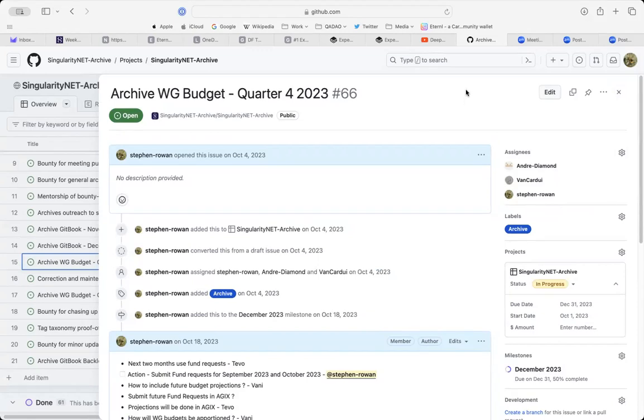Okay. What I wasn't clear about was, does TiVo require them to be broken down by month? No, actually, I remember this came up in a Treasury meeting that I was at. Do you remember, Andre, we were saying that it would be better to submit each completed task as a separate request?